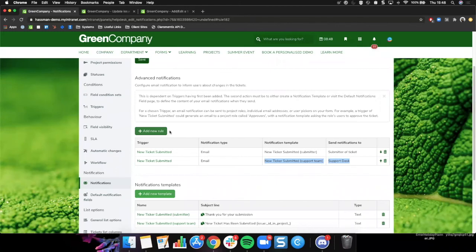Perfect. Okay. Now, another thing to be aware of here, which is going to be quite a rarity, but it can happen in certain circumstances. Of course, these triggers can sometimes conflict with one another. And what I mean by conflict is that the system will see that, based on what those triggers might have been, because they could be very broad, based on something you've changed in the form, 2 notifications should be sent to you. Let's say that we had a new ticket submitted and